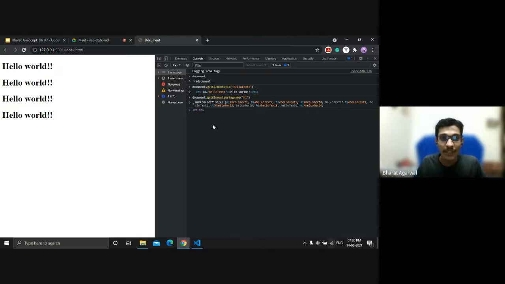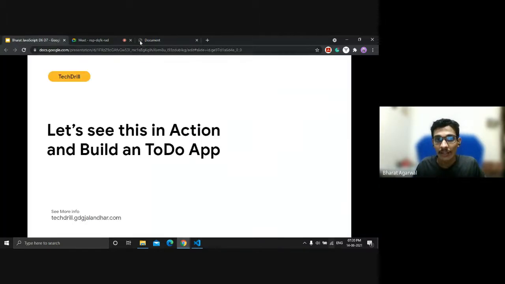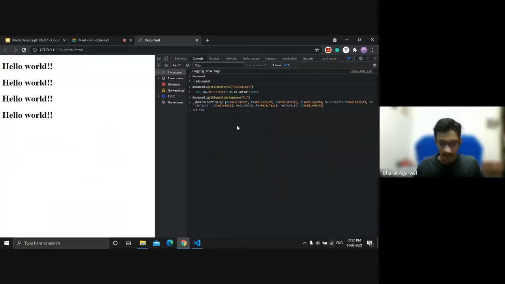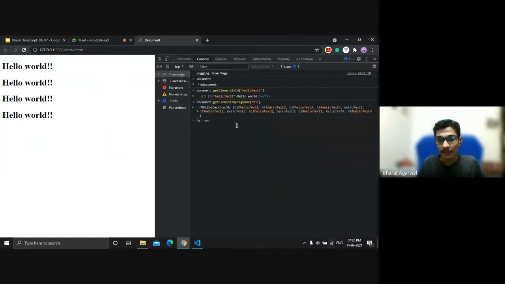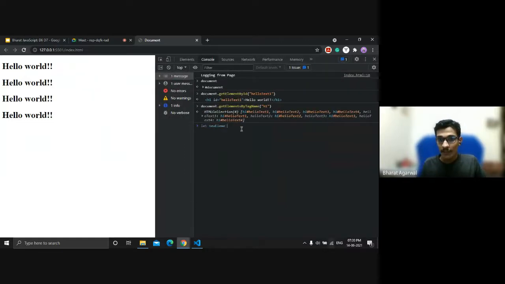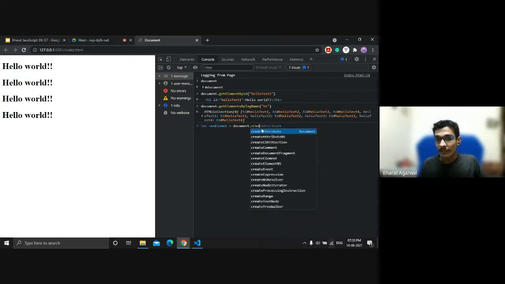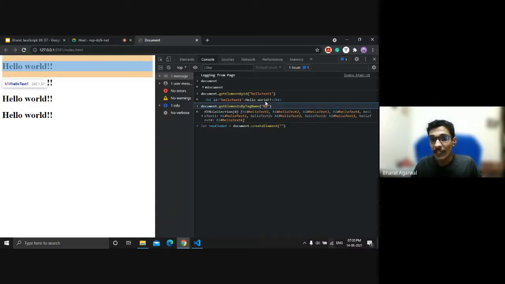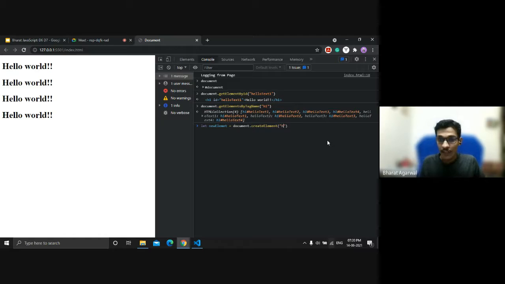I hope you can see this console. Is it visible? Console is visible. Cool. Or let me zoom it a bit. Yeah. New element equals to document, since we are referring to our original document, dot create element. Now we need to pass which element we want to create. We can create an h1 element, we can create any type of element. So if I create h1,